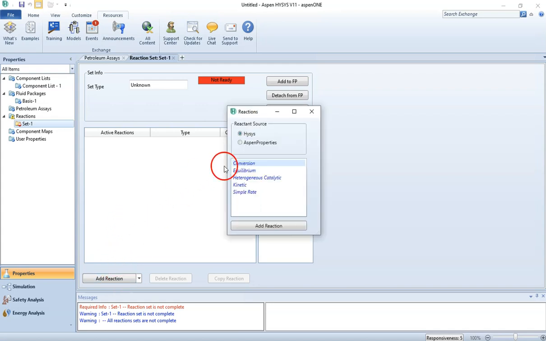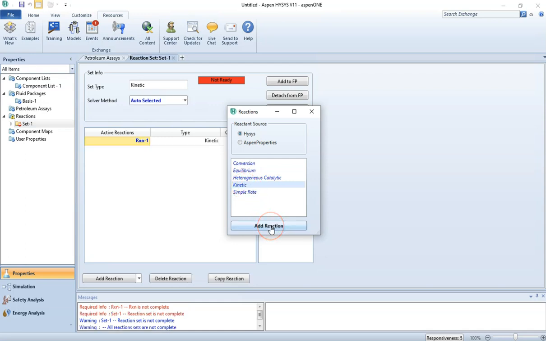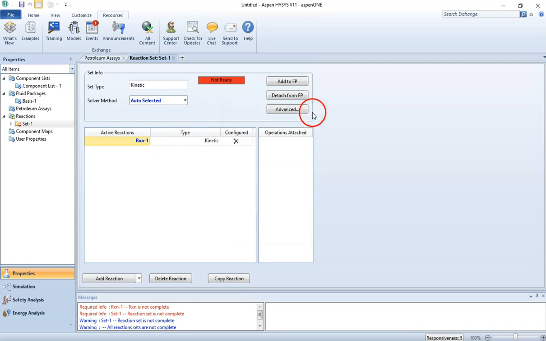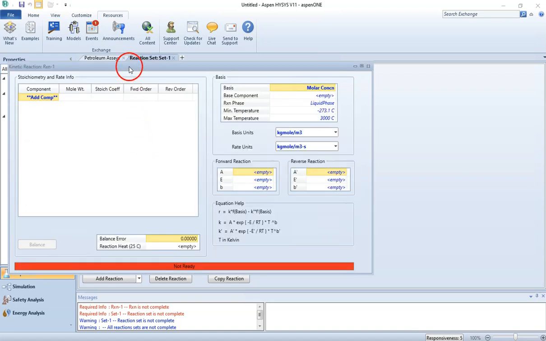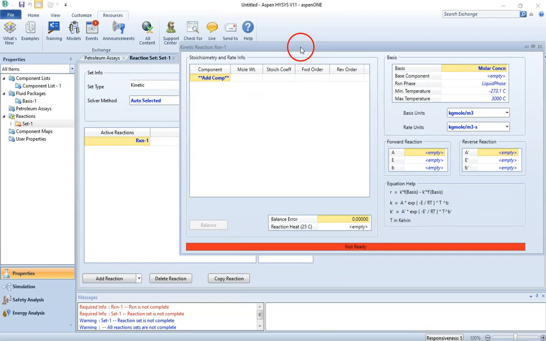Now these are the different types of reactions. Based on the given problem, for now we are dealing with the kinetic reaction. I click on kinetic and click on add reaction. You can see that it has added a reaction for me in the back, and now I can close this window and double click on this. I still need to provide the reactants and products and the parameters for the rate equation. So with this window,